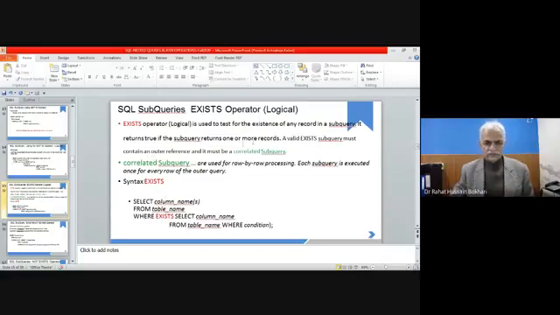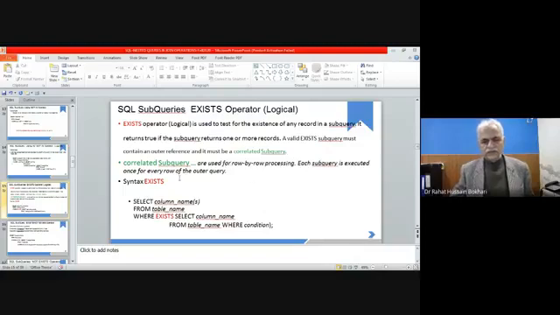Furthermore, a valid exist subquery must contain an outer reference, that is, it must be a correlated subquery. I have already discussed with you that correlated subqueries are used for row by row processing.